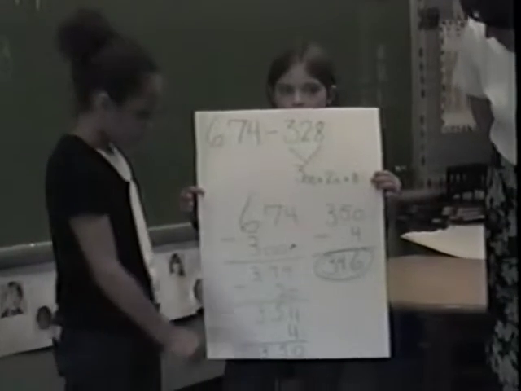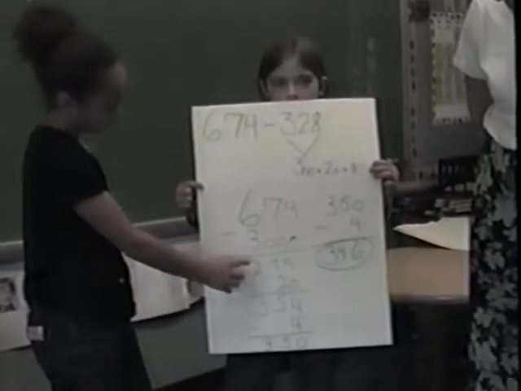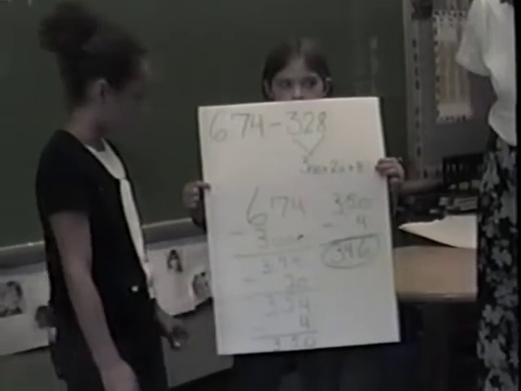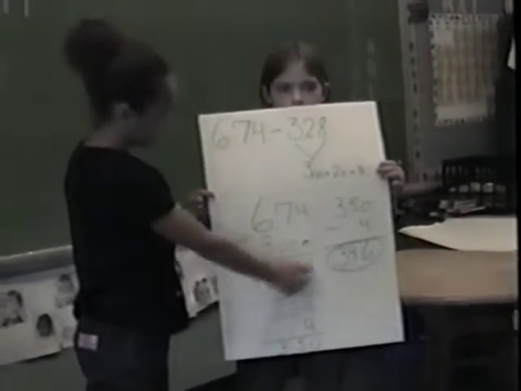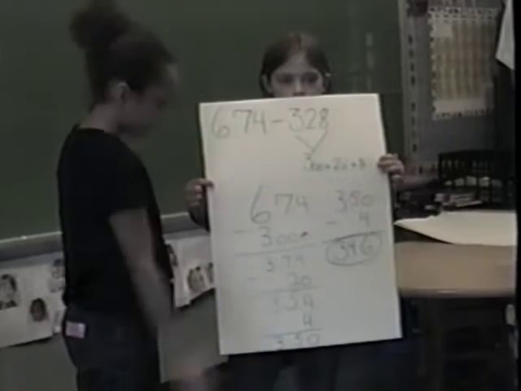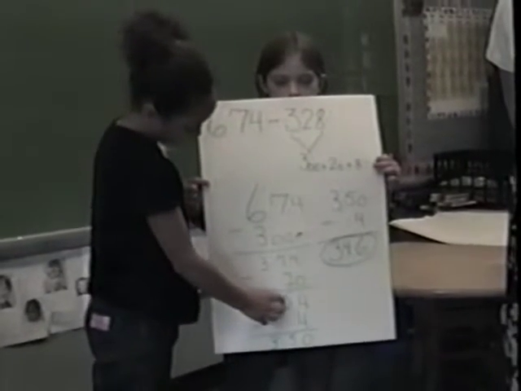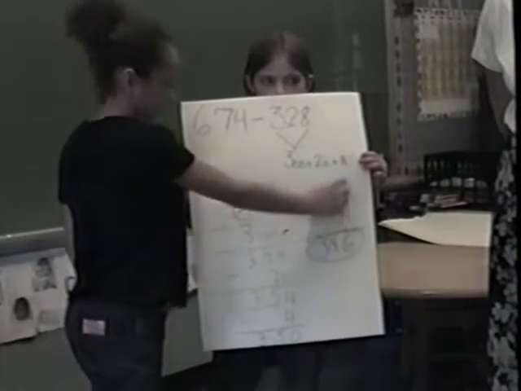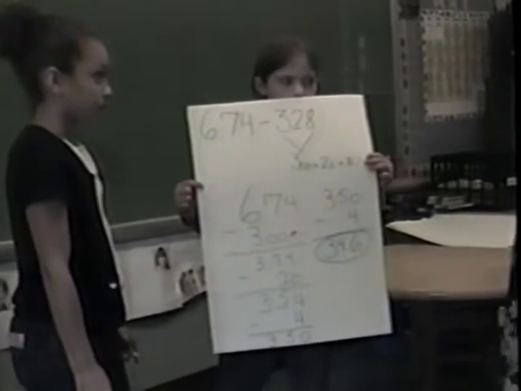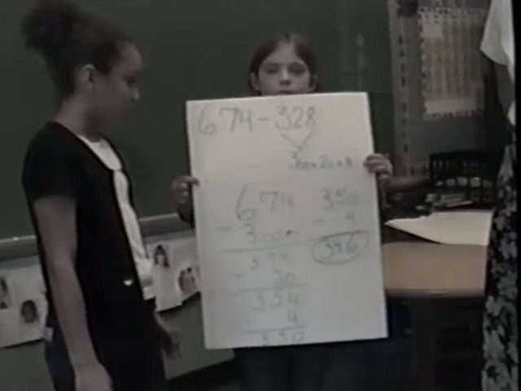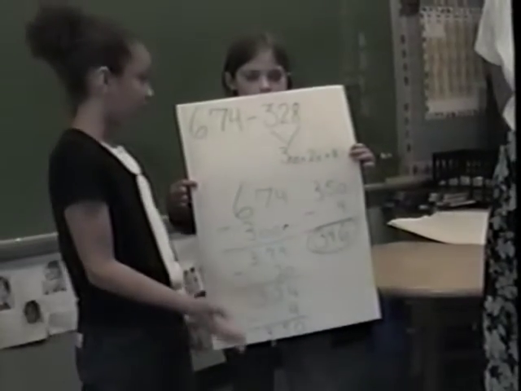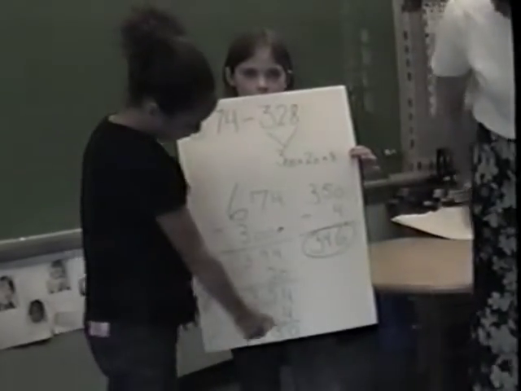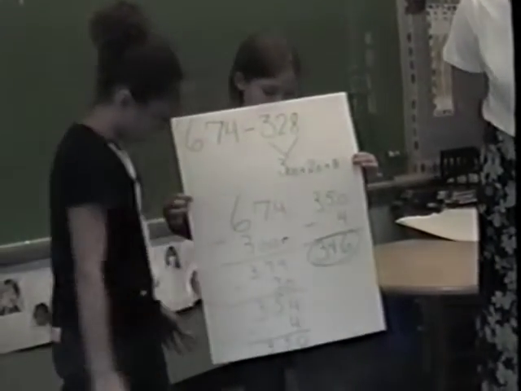674. Okay, all right. And then I minus 300, and that equals 374. Okay. And then I minus 20 from the 2, and that equals 354. And then I minus 8, I minus 4 instead of 8. Okay, how come you subtracted 4 instead of 8? Because it'll be kind of hard to come back all of 8. Okay, so I subtracted 4, and that equals